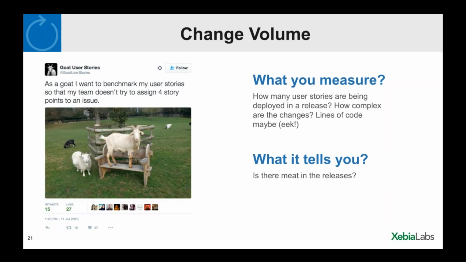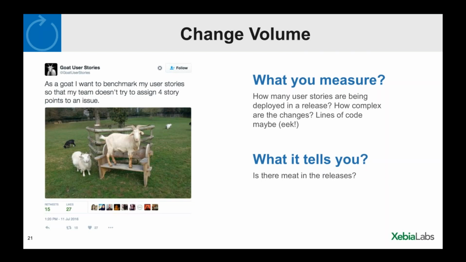Now, this gets a little tricky from the what-do-you-actually-measure perspective. The expression of the volume of change is going to depend largely on how you represent change within your own software process. Lots of agile organizations use a common measurement like user stories or points as a way to represent the size of pieces of their software.